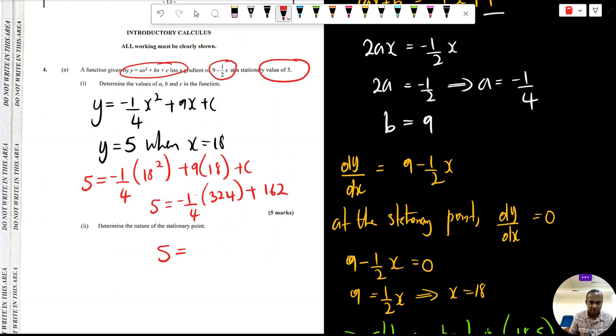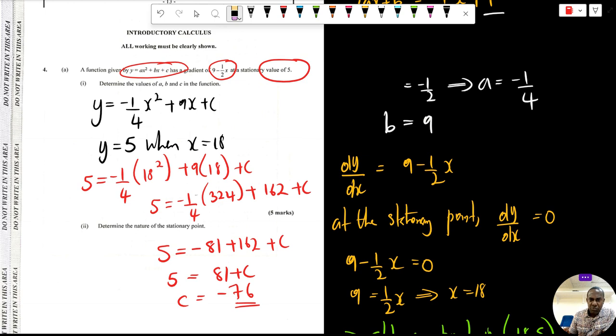So 5, oh, I forgot the c, plus c. So we have 5 is equal to minus 81 plus 162 plus c. 5 is equal to 81 plus c, and therefore c is equal to minus 76. So we've managed to find the value of c, our last unknown, and essentially we can therefore write down the equation